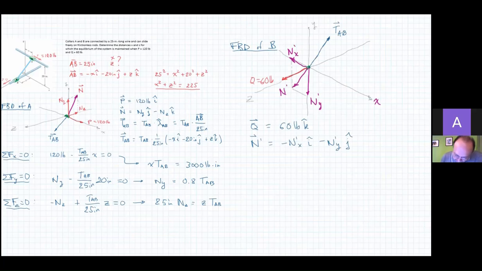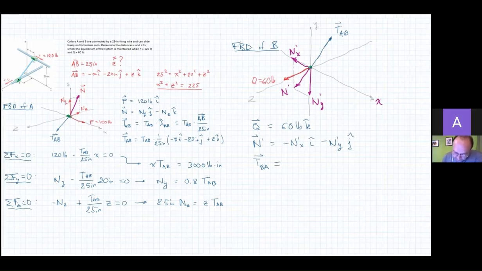And then we have the tension. There will be now what we call tension DA, which we can express as follows. The tension in the cable is the same as AB, the same magnitude, not the same direction, but the same magnitude, so we can call it DAB. And the direction will be given by lambda from B to A, which is the same as lambda from A to B, but with opposite sign.